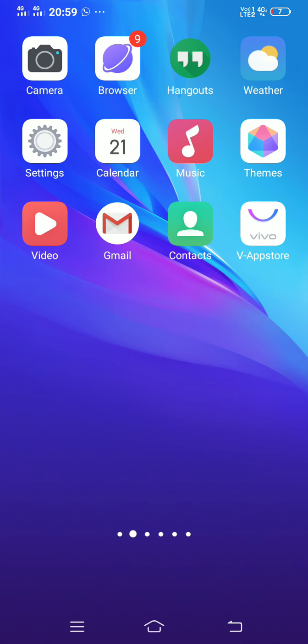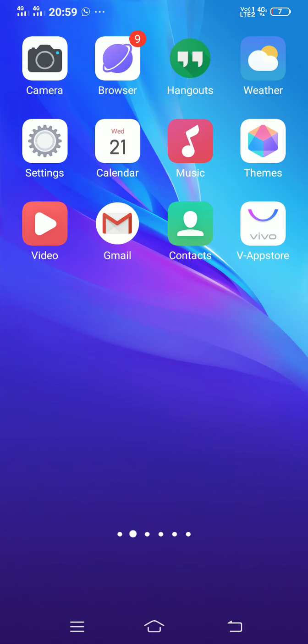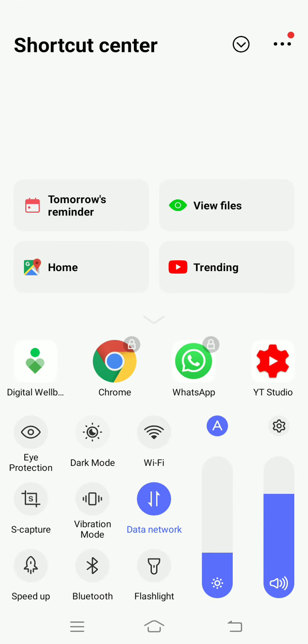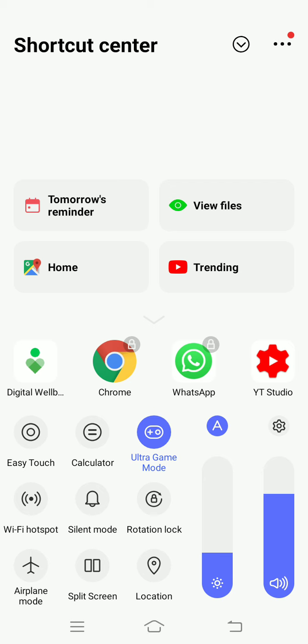Just before the settings, this bedtime mode is nothing but, generally when we sleep at night, we see that our sleep gets distracted because of messages or calls or whatever alerts or notifications we get. So this keeps the phone in sleep mode with the screen being in gray color, and helps us to have a peaceful sleep. So to go to the settings, if you scroll down in your Vivo Y51,